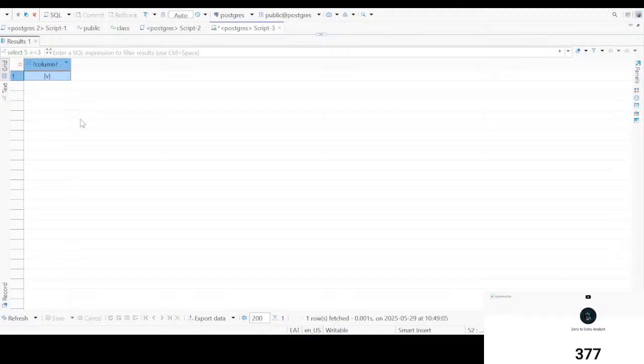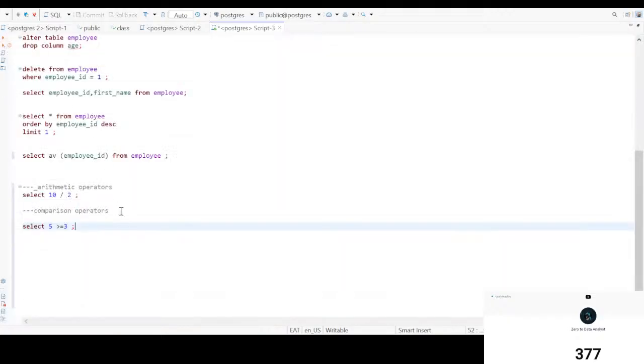So when you are using the greater than or equals to, there are two statements. If one of the two is correct, then a true value is returned as a boolean data type. Okay. So we also have less than or equals to. It works the same as this one, but let's just do it for the sake of doing it. 5